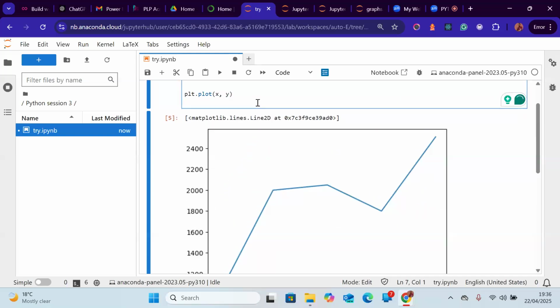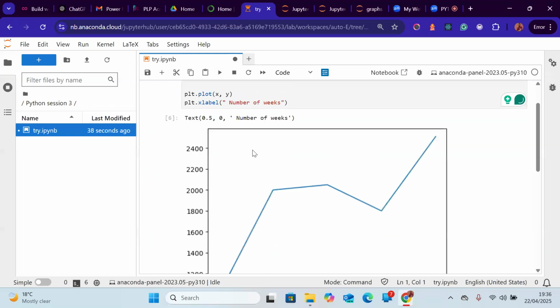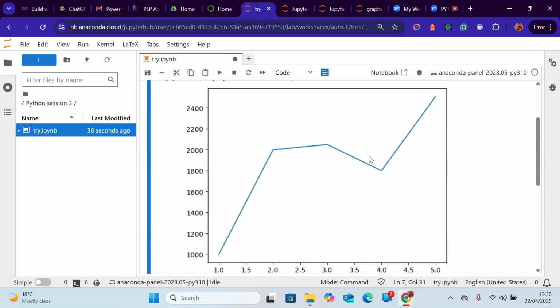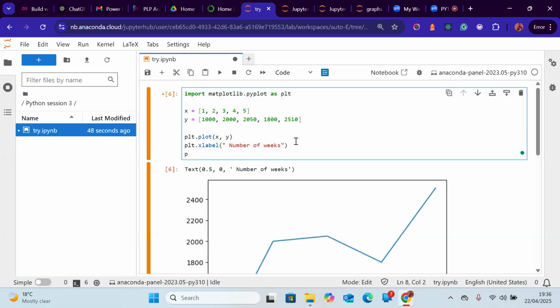So just come here and say plt.xlabel, then I can say number of weeks. So for example, if I run this code, you can see now we have this small text here, number of weeks. So if we wanted to label y, plt